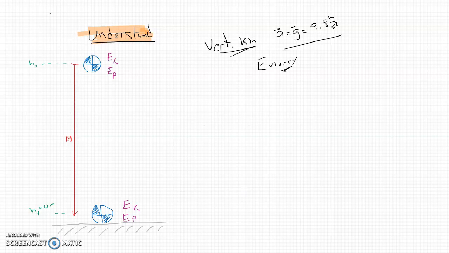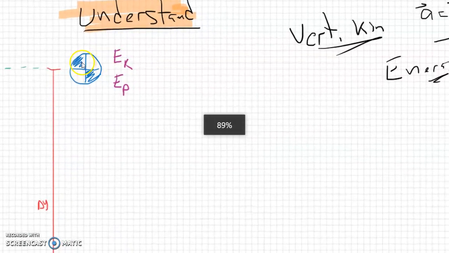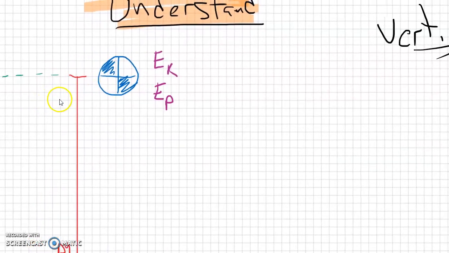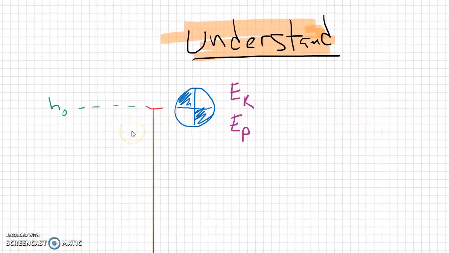So here we go. Here's how we do this. Let's take a look at where the ball starts. The ball starts here at the top, and because the ball is starting from rest, in other words, the velocity equals 0, the ball was dropped,